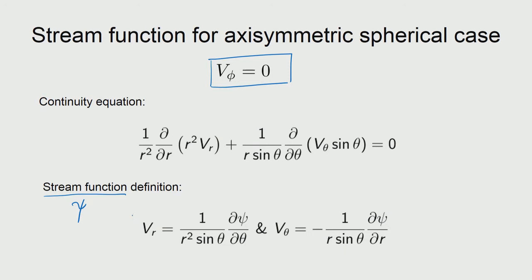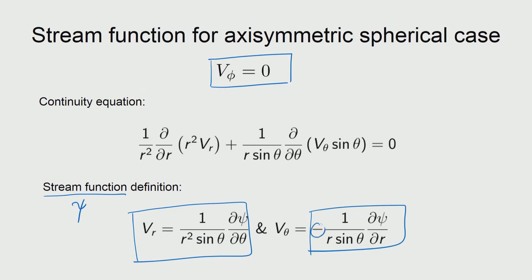So, we watch out, and we have already seen which component of the velocity should be positive and negative. This is from a convention that we have already seen earlier. So, this is the definition that we have, and we are going to use this. We write our equations in psi, but we always look up this component definition whenever we want to translate from psi to Vr and V theta and vice versa. Okay, so, I would leave it as a homework to check that when you substitute these 2 velocity components into